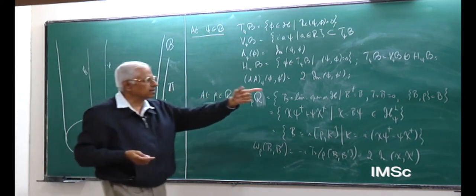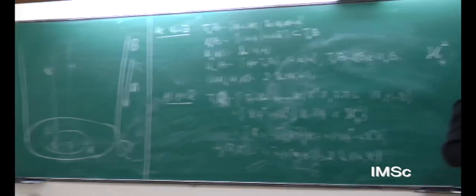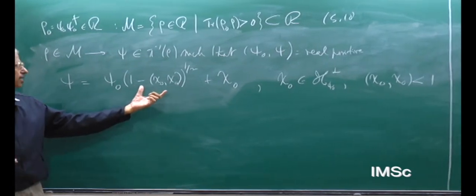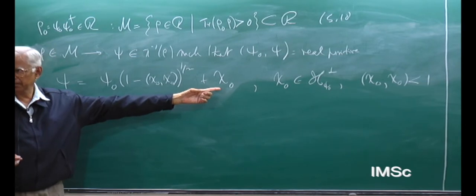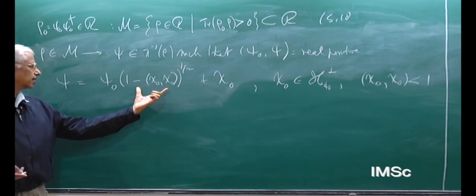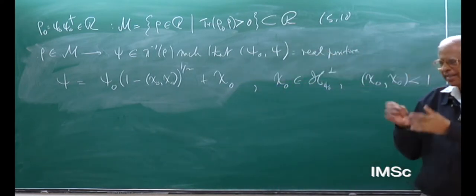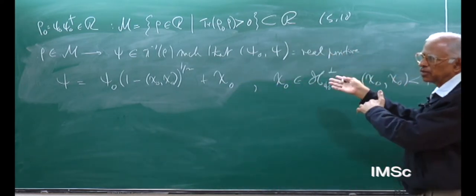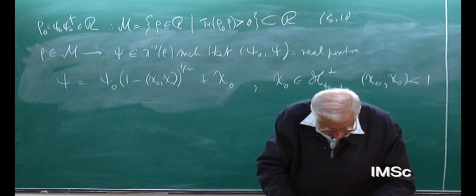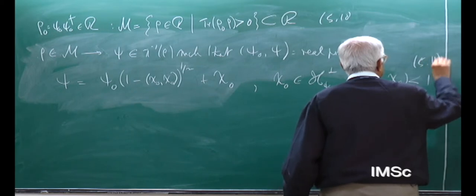That means that that orthogonal piece lies in this part of Hilbert space. And being a unit vector overall, it is clear that the coefficient, the multiple of psi 0 appearing here must be 1 minus the length squared of this fellow, so that overall it is a unit vector. And the fact that this is non-zero tells you this part orthogonal to psi 0 is inside the unit sphere in the orthogonal complement. All right. So I'm sorry, this may look a little bit elaborate, but this is all that one has to do. So this is my equation 5.11.